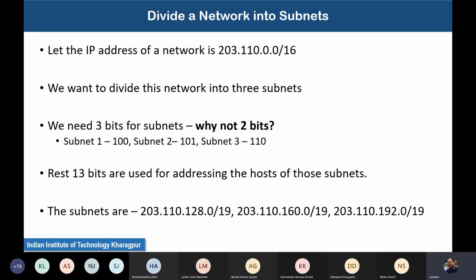Once they get a block of IP addresses, they divide it into multiple subnets depending on the different blocks, the further sub-blocks they want to create. Say one for CSE, one for EC, one for the administration, one for each hall, okay? And then maybe the residential complex has been divided into multiple zones, one for each zone, something like that.